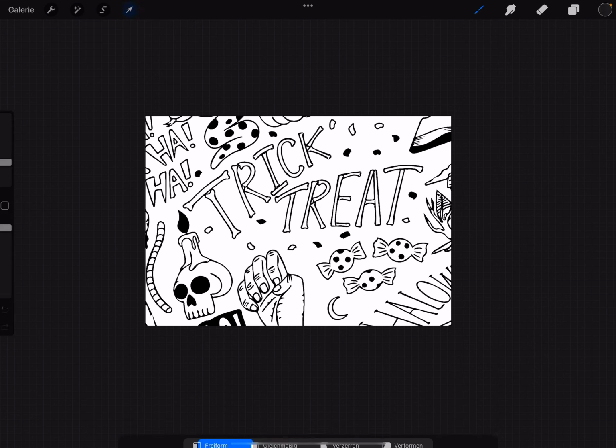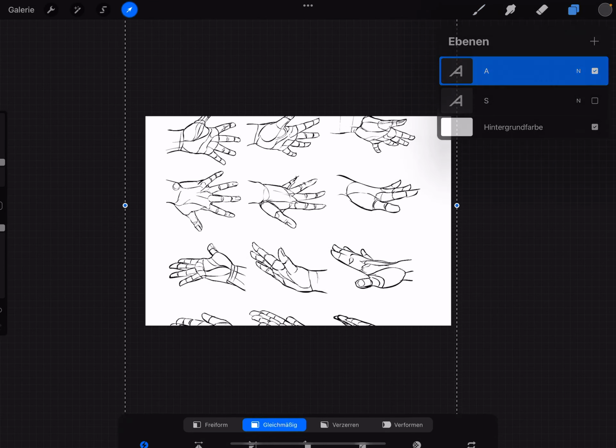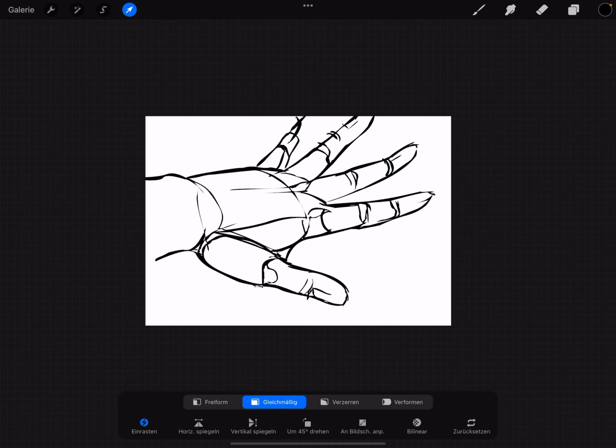And this is another example. You can scale it, and it's vector.